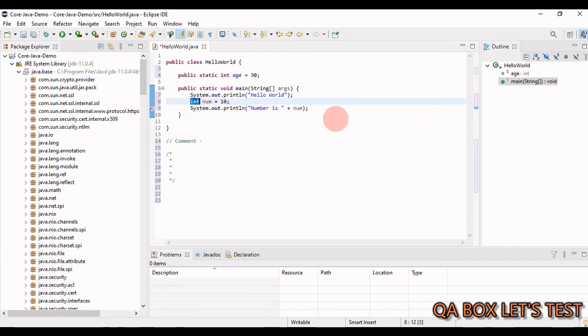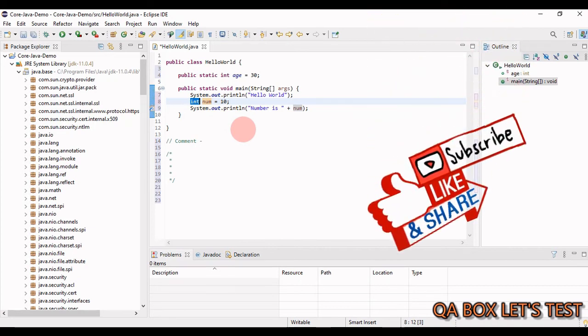Now, the next thing is this int. Just like in the normal world, we have names, which are represented as a set of characters, and we have numbers, which are represented in numerics. Same way in programming, we have different data types. So I want to store the number 10 in memory, and that memory would be referenced by this identifier num. But then I have to tell the OS that this variable is of type integer, because when we say a variable is of a certain type, we are instructing the operating system to allocate a specific size of